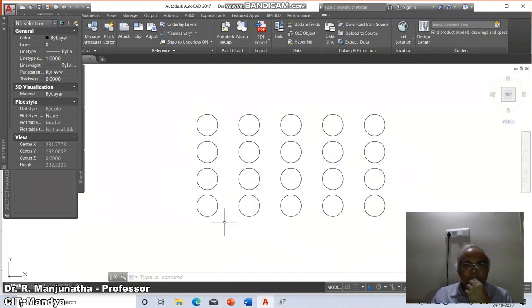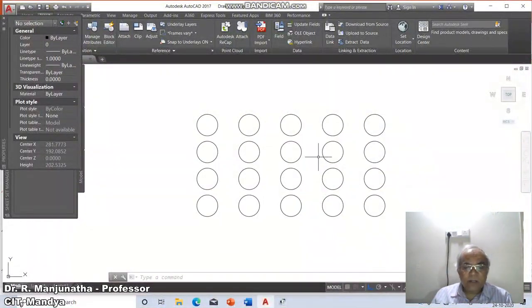Since we have given the number of rows, the distance between the rows, and the distance between the columns in the positive direction, it will be considered in the first quadrant, because the original source one was this. This one specifies the origin, and from this origin both are in a positive direction. So it lies in the first quadrant, so obviously it is plus comma plus.